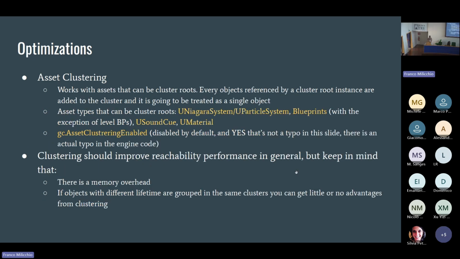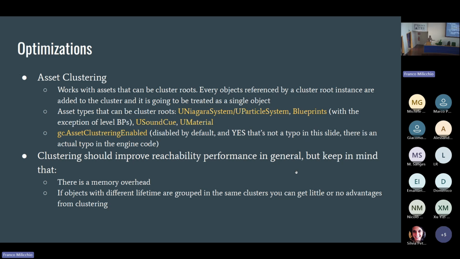But there is also asset clustering. It works with assets that can be cluster roots. And every object, just like before, that is referenced by the cluster roots will be grouped together and treated as a single object.